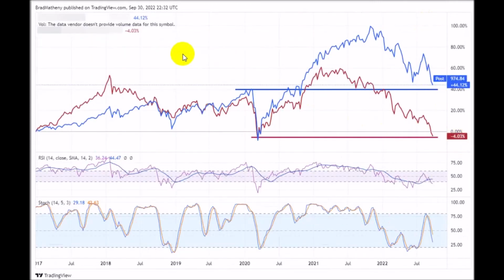The U.S. to global market index, the U.S. market in blue, global markets in red. You can see the global markets have really washed out. And that's what we're seeing, is this is more of a global event than it is a U.S. market event. The U.S. market trend from 2017 till now is up 44% still, whereas the global markets have rolled into negative trending from 2017,